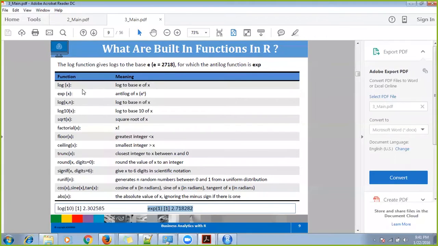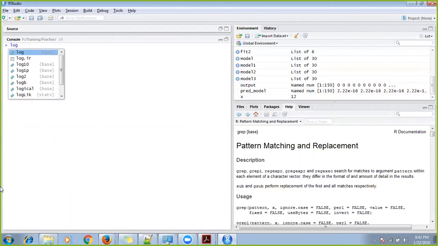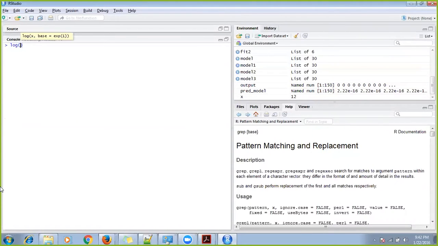So it is exponential. Now let's say you want to define a log operation and you want to say what your base should be. In that case, you can say log, inside that you give a value x, then a comma, and you give the base. Let me show that to you. Let's say I write log of, let's say, 10.